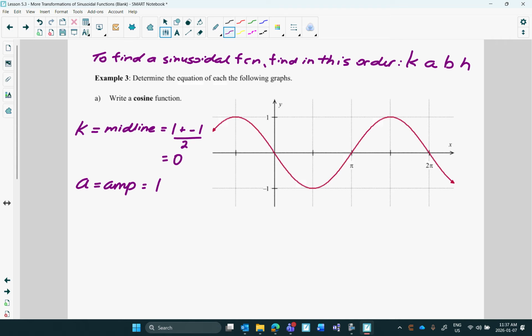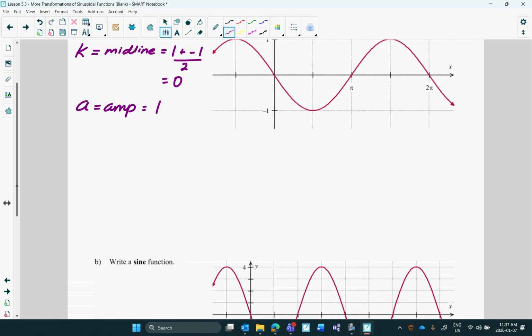So notice we're halfway there now. Okay, we need to find K, A, B, and H. We've already found the first 2. How do I find B? Well, think of it this way. And I'm going to do this over here. Remember when we were graphing them, the period equals 2 pi divided by b, yes? Okay. Well, using algebra,